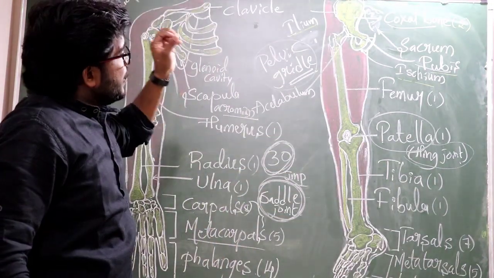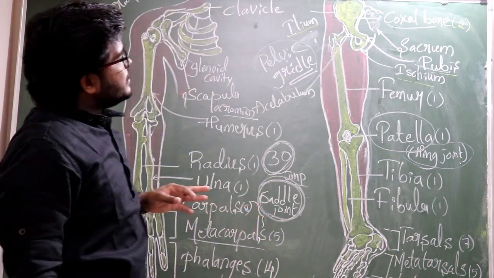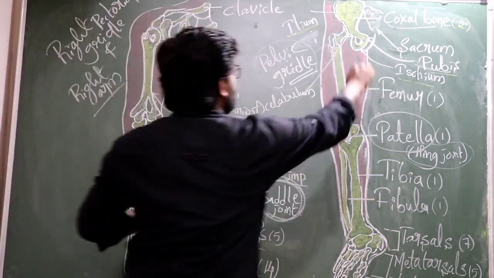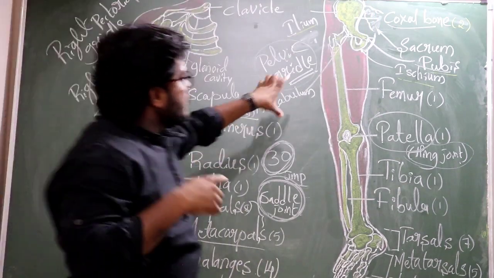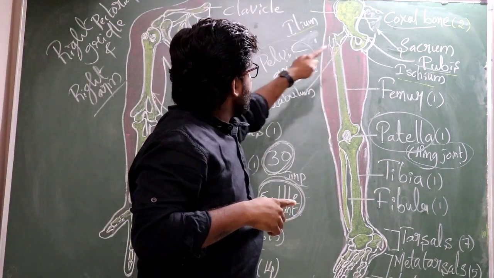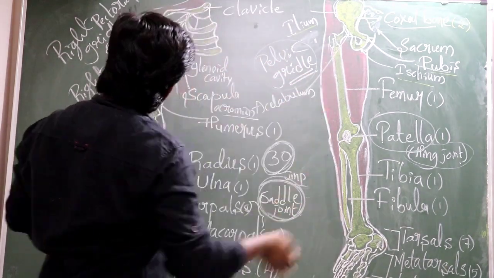At the outer surface, it has a depression called the acetabulum, at which the femur is attached to the pelvic girdle. So this is about the